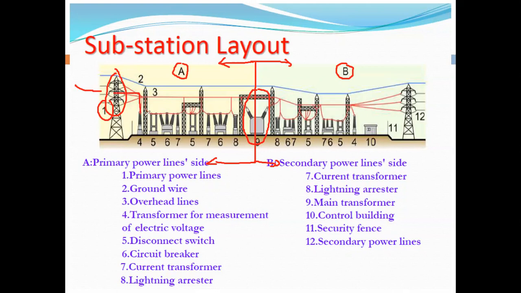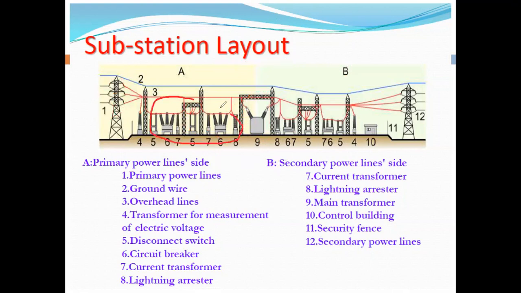Then the first supply is transmitted to the lightning arrestor. The lightning arrestor is used to protect the transmission line and all the equipment from lightning strokes. Then number three is an overhead line in the substation. You see there isolator, circuit breaker, isolator. This is called a bus bar, disconnecting switch. This is isolator, circuit breaker, isolator. And then after it is the main transformer. Again, these systems are repeated here.